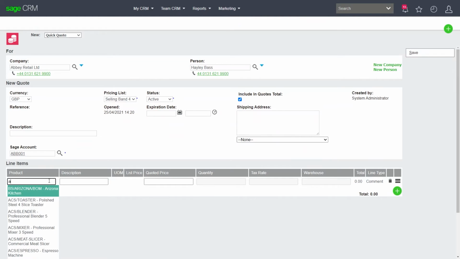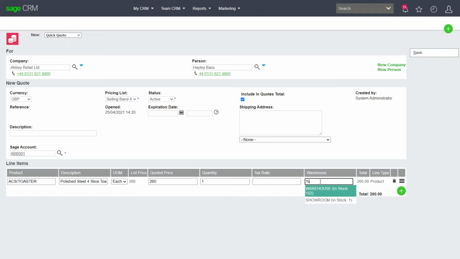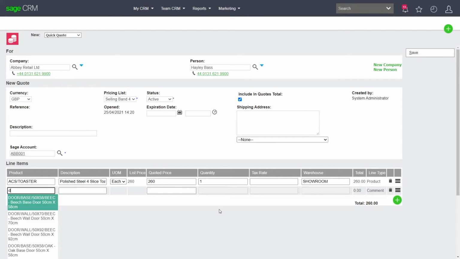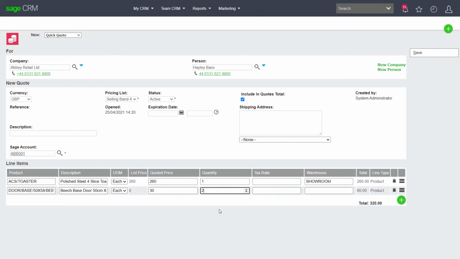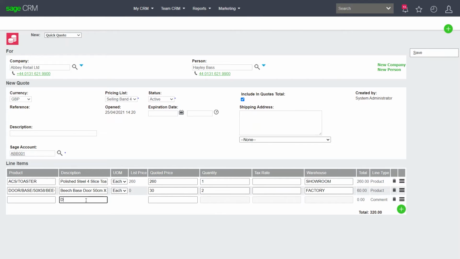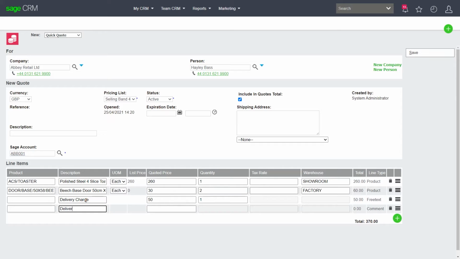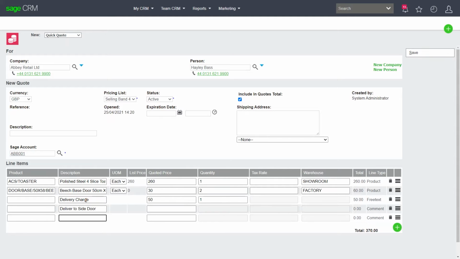This, for example, allows you to enter in an entire quote on the one screen, but also pull information such as available quantities at specific warehouses, all from within the Sage CRM interface, something which is not possible with configuration alone. Both of these are examples of customization that has been developed to work inside the Sage CRM system via custom coding.